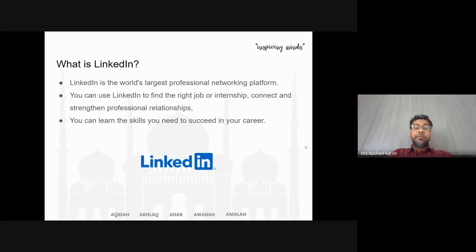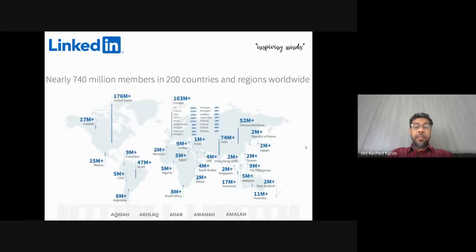And you can learn the skills to succeed in your career. There are a lot of skills we require beside our university education system to comply with real-life jobs.